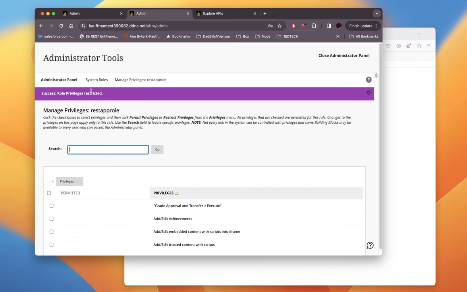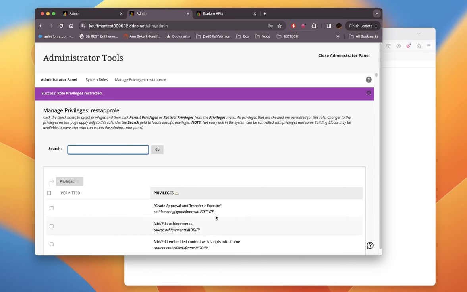If we go here to the roles, system roles page, and we look at the privileges, we give a little tool to our developers. It's a JavaScript that you can plug into a browser bookmark, and the JavaScript actually runs when you click on the bookmark. So what we do here is we click on this, and you'll notice what happened is that I started seeing these are the